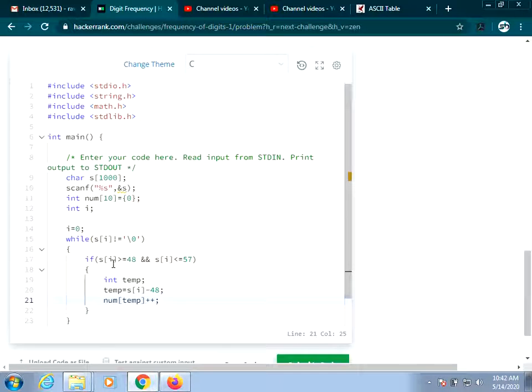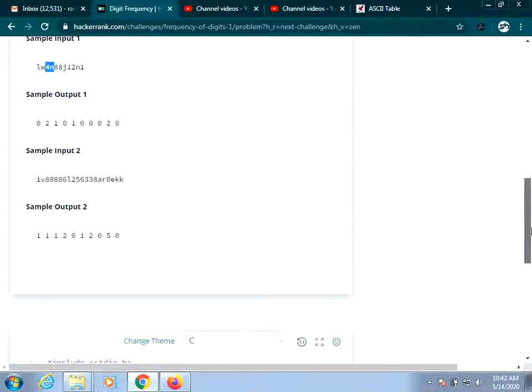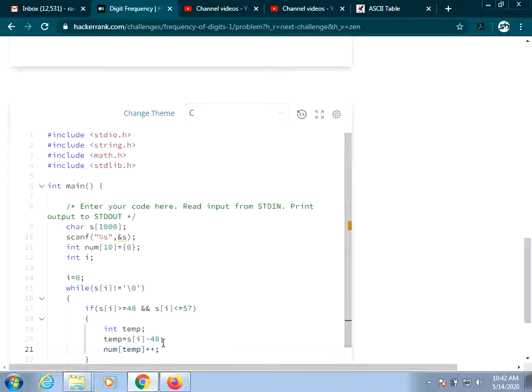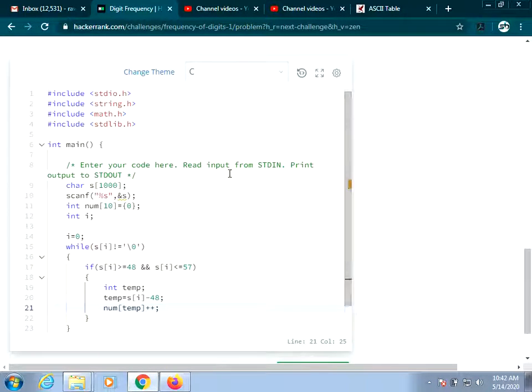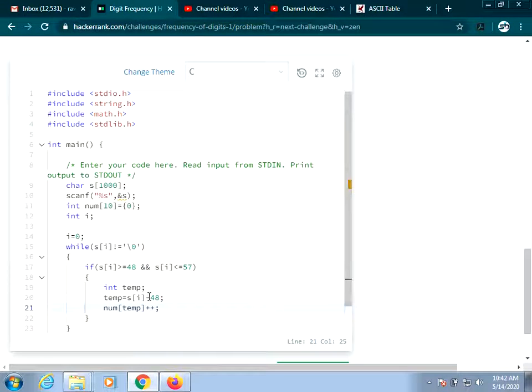It will check whether the ASCII code is between 48 and 57. 4's ASCII code is 52, so I am moving 52 minus 48, that is 4, to temp. So num of temp means num of 4.